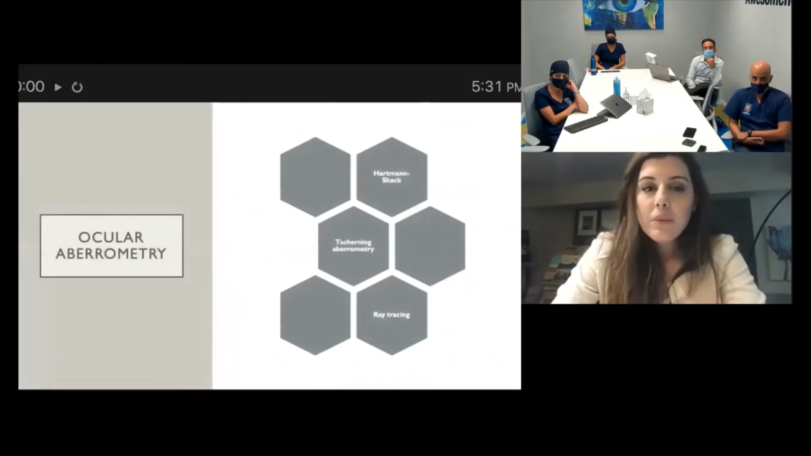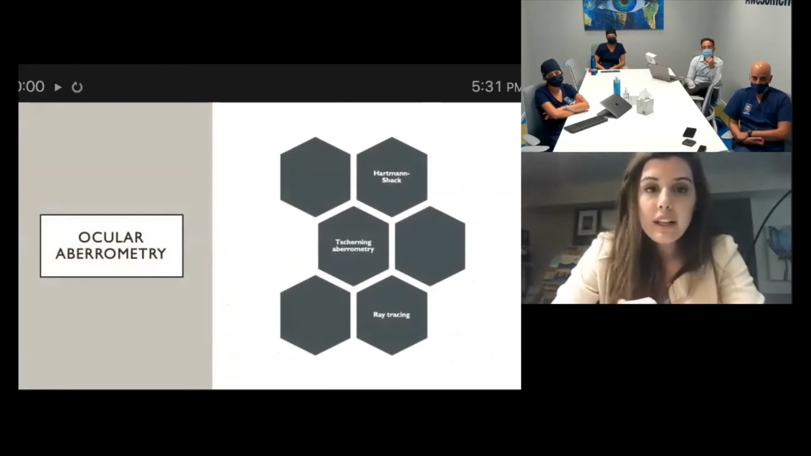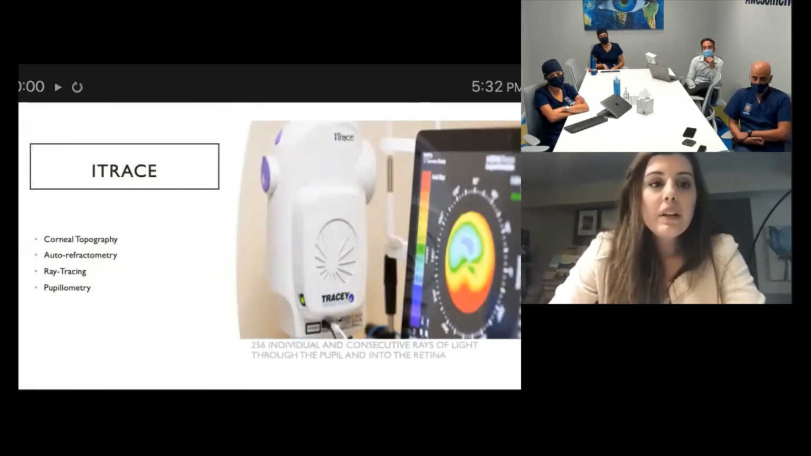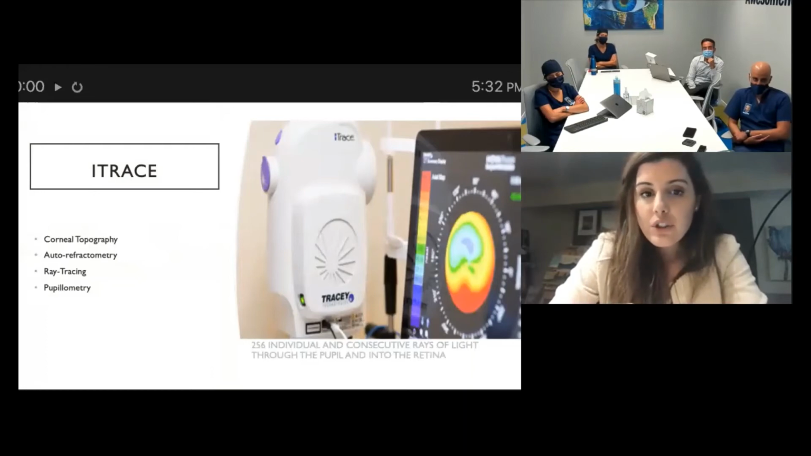So many aberrometry methods are on the market today. Probably in a regular refractive clinic, you might see a lot of those together. I'm going to discuss the iTrace mostly, just because it is kind of a holistic machine that we use frequently in our clinics. It has a topography with Placido imaging. It has an autorefractometry. It is a ray tracing technology, and it takes about 256 individual and consecutive rays of light from the cornea,